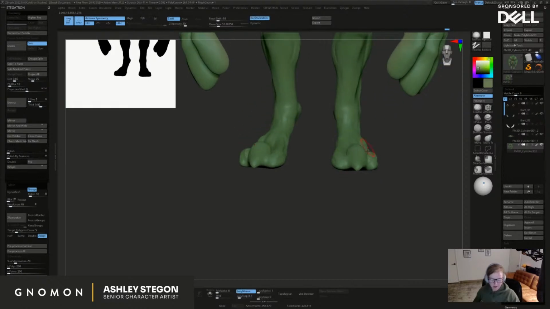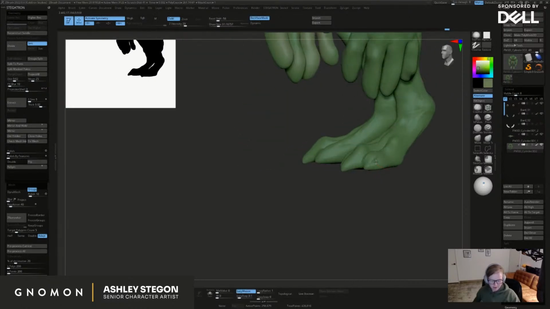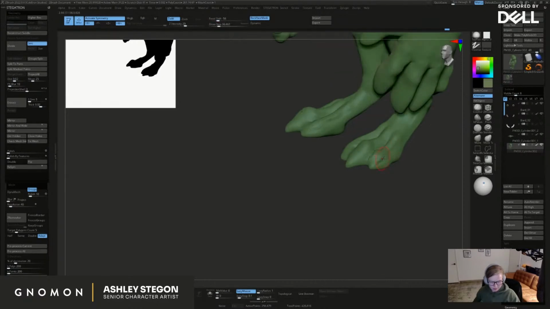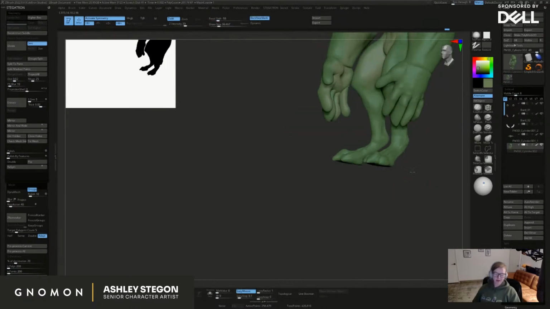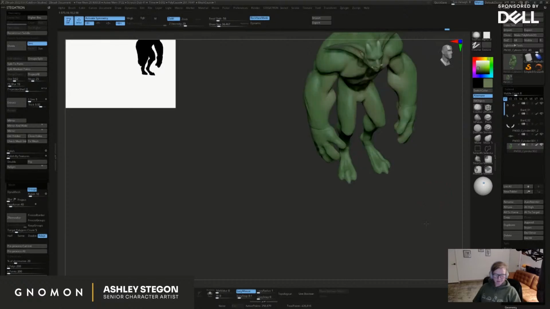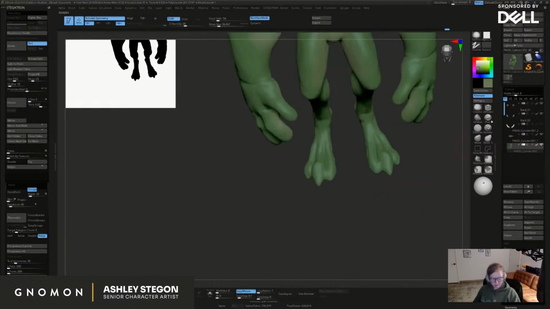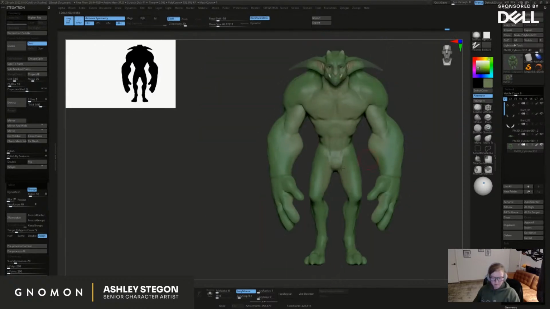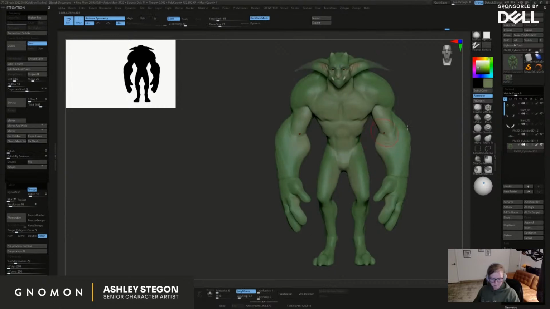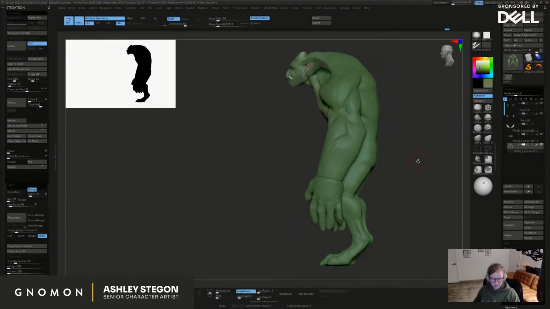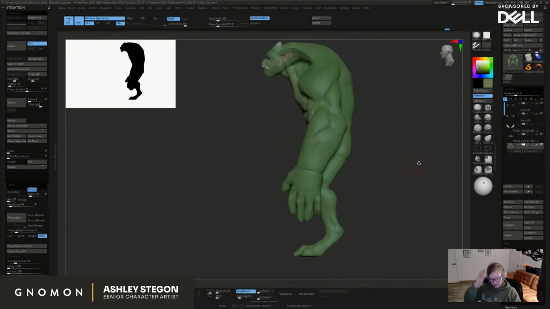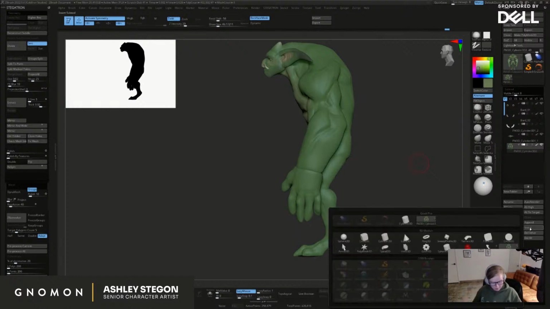There's just not enough topology to do much more than what we have here. If I try to do any more detail, I'll probably just fight with what I have. But I think that gives me about what I'm looking for. That's starting to come along. And then I can probably just insert